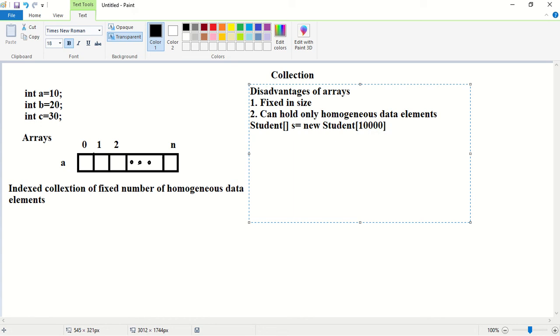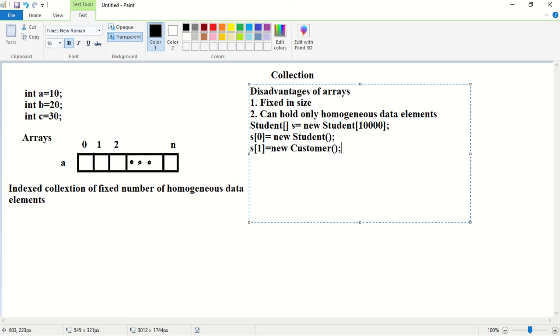So I'm creating an array of student objects. Next, s of 0 is equal to new Student. Is this valid? Yes, this is valid because s is of type Student and the object is also of type Student. Now I'm going to do s of 1 is equal to new Customer.